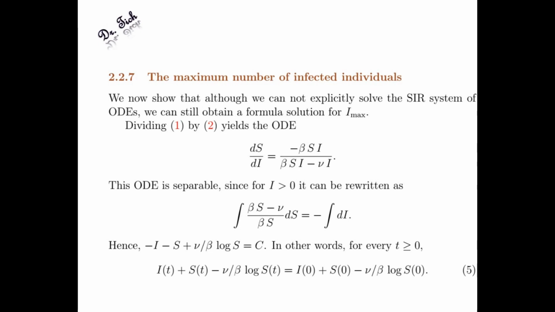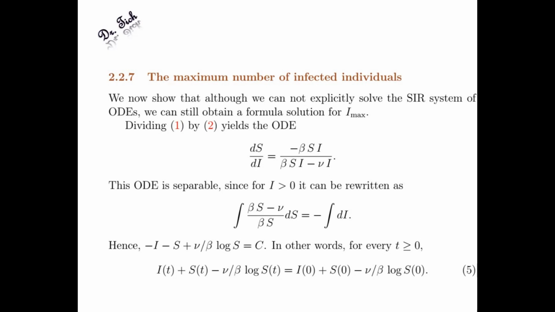All right, guys, so to move on, we need to look at 2.2.7, the maximum number of infected individuals. So can you see now that this is part of a review of a disease? After you create your model, when there is an outbreak, then you start reviewing. Even after the pandemic, you can start reviewing and say, look,